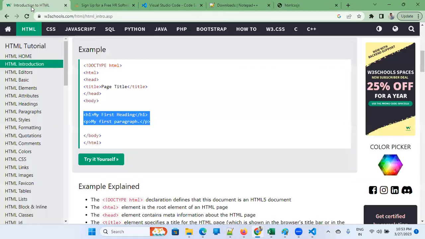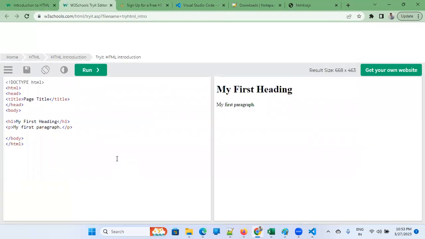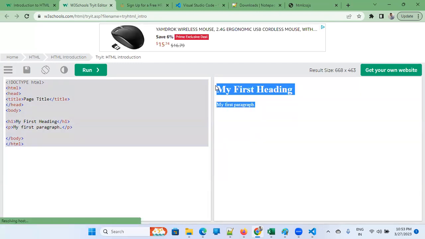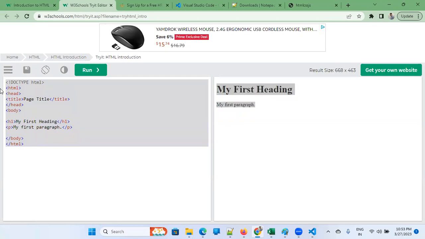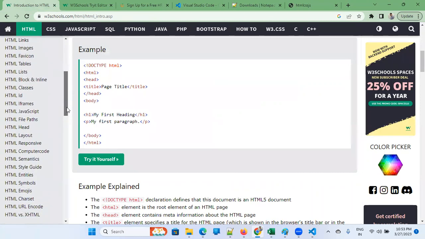So this is how you will learn it, but do it on your own system. Don't just see it, okay, it works like this, it works like this. If you click on try it yourself, it will show you that if this is the code, this will be the output. If this is the code at the left hand side, the output will be like this. So this is the way you learn HTML basic things. And do it thoroughly, at least